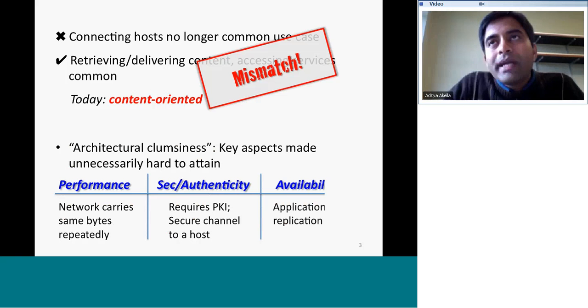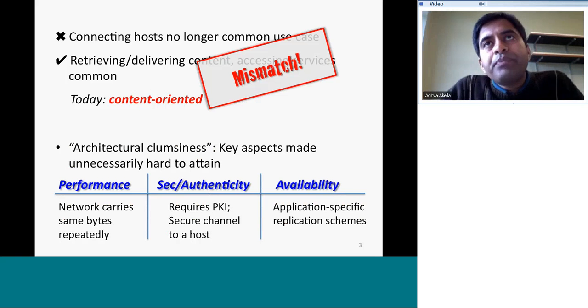So why is this kind of mismatch bad? Well, it's bad because there are various things that can go wrong, but really it can lead to a lot of architectural consequences, for lack of a better word. What this essentially means is that some very important things that you care about for your high-level communication become unnecessarily hard to attain.